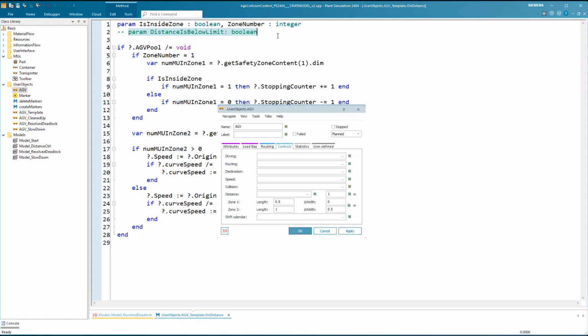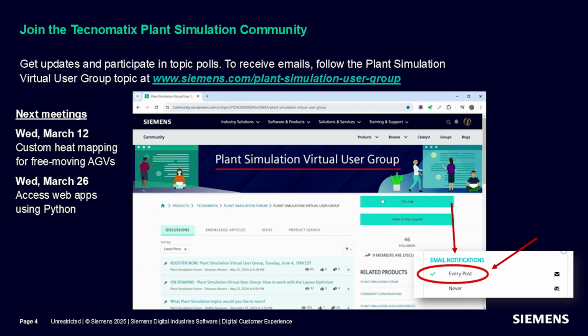So then it would be a different transporter class with its own method. And then again, there would be, I think, not really a point in checking this, because this is the forklift class.